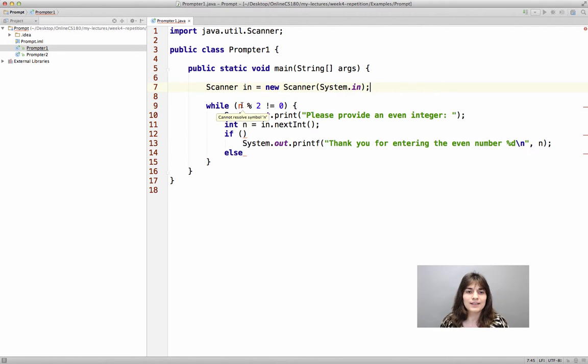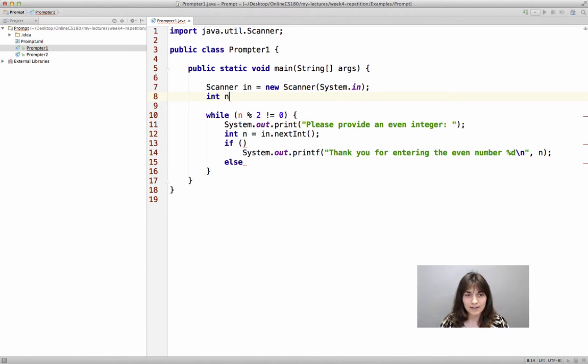And you see already that IntelliJ is complaining that we have not declared n. Now it feels a little bit better. However, still there is a problem, because we declare n here, and on the next line we are checking its value. But the very first time n will not have a value. So one way we could solve this problem is by giving it a value that will actually satisfy this condition, and so we'll make it so that it at least once executes this body.